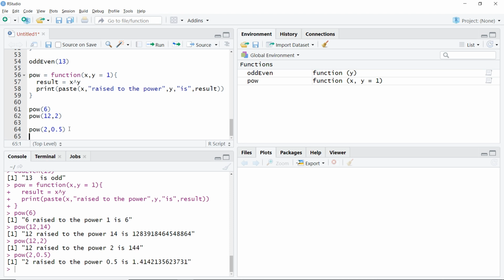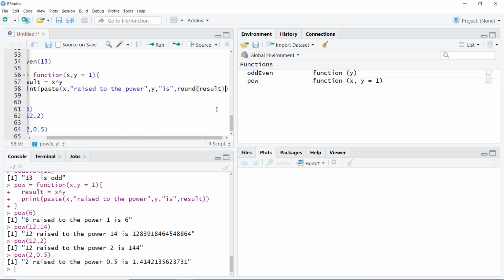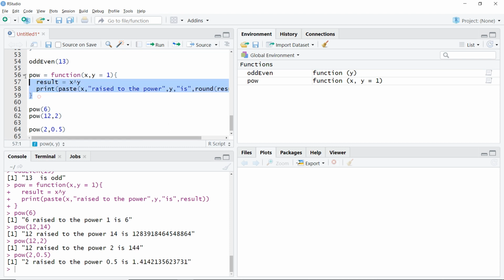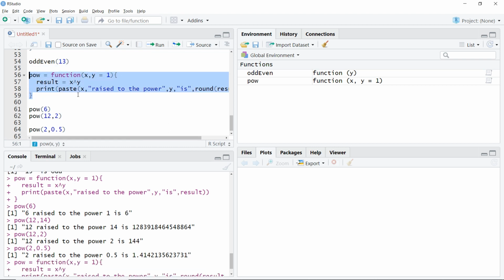Now you can do a lot of different things here. Let's say I do not want my result to show me so many different decimal points, so I will restrict it to a particular decimal point by using my round function. So in result here, I can, in the final answer, I will just say round this result, comma, to, let's say, 2 decimal points. So I'll say 2, and then I think I have to close the bracket. And if I now define power again, I'll have to select everything, Control Enter.